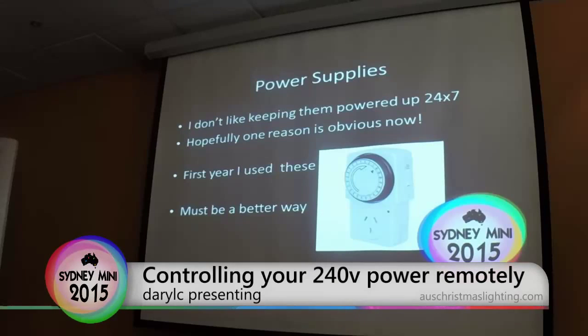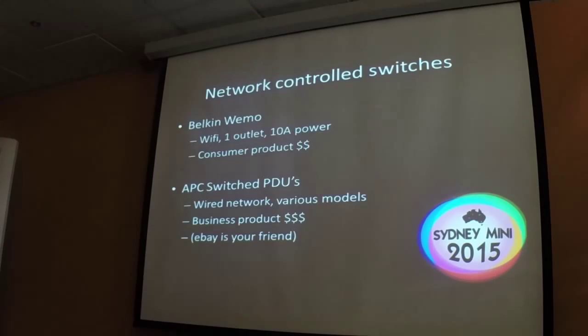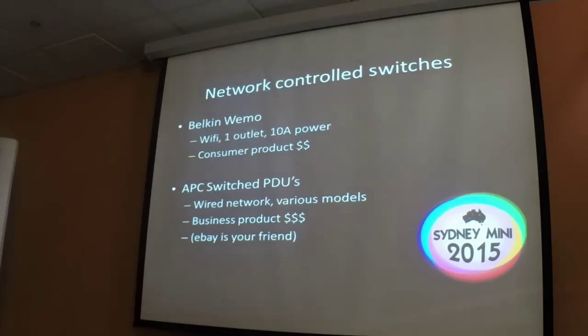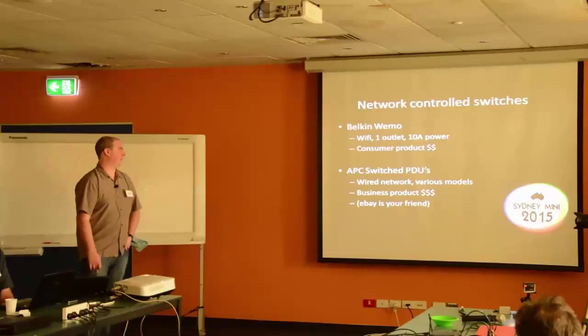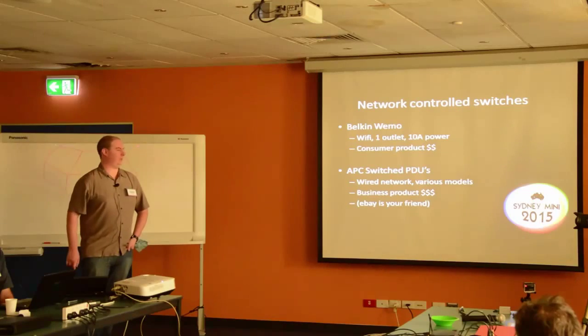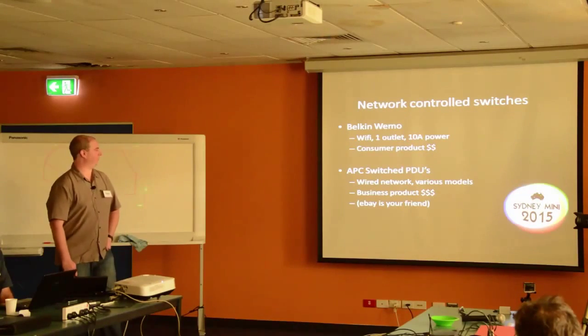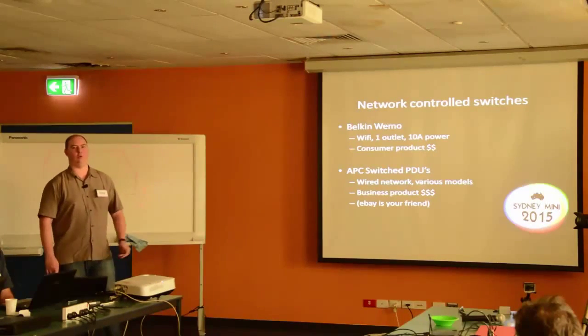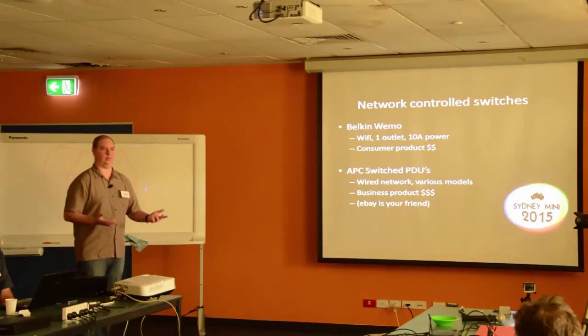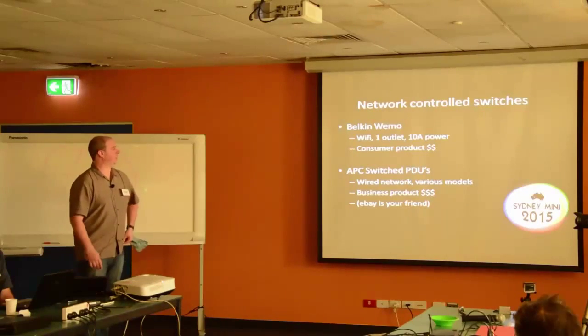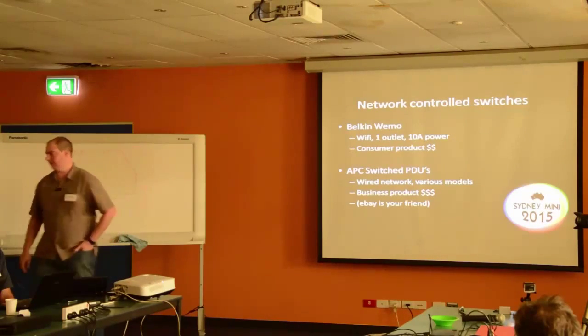Manual timer switches sort of worked okay, but I couldn't change the show if I wasn't around. So I started looking at network-controlled power switches, and I initially used some APC PDUs because we used them at work, and I found a couple cheap on eBay and that sort of thing. But then I was looking, well, what could the average guy use that isn't quite at the same price point? So Belkin have a little product called a Wemo,